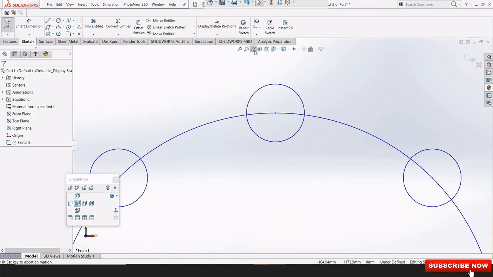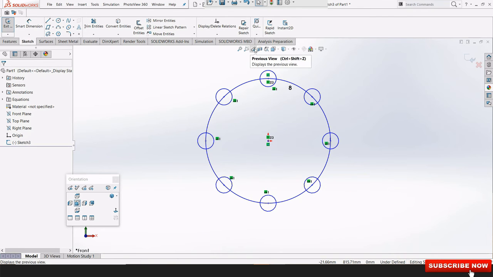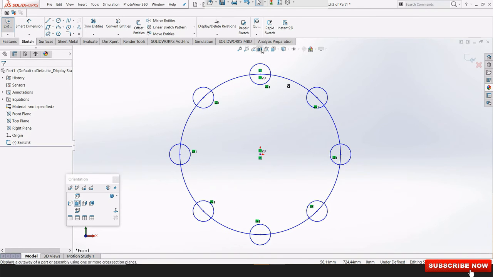And this is our previous view. We see the previous view by choosing this one. Then we have section view. It is used to see the section part of any feature or CAD model. It is a very useful tool.